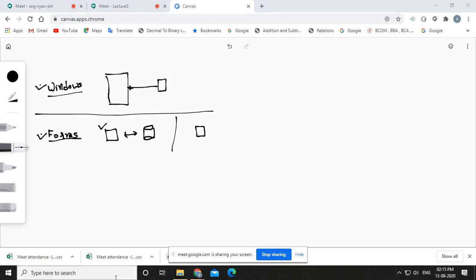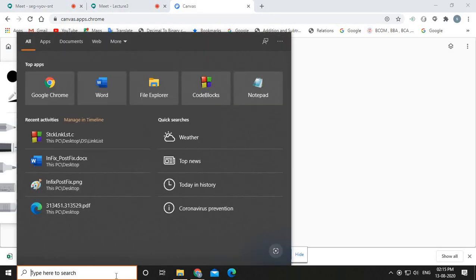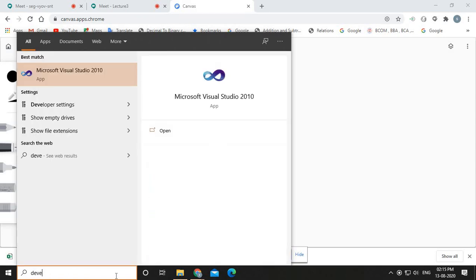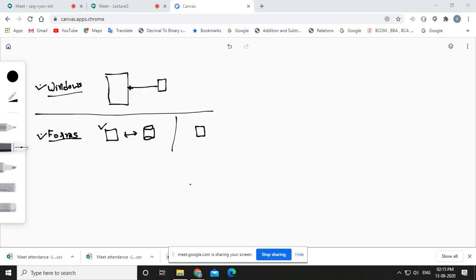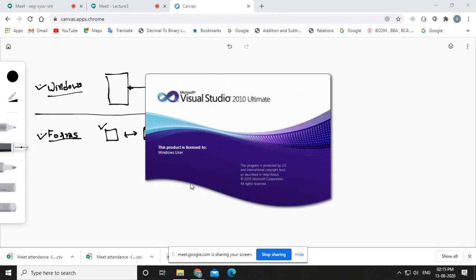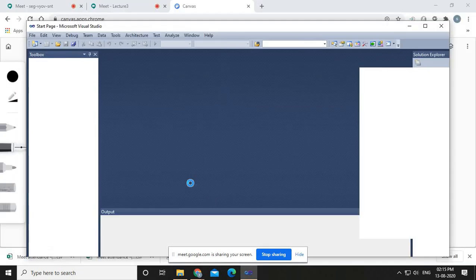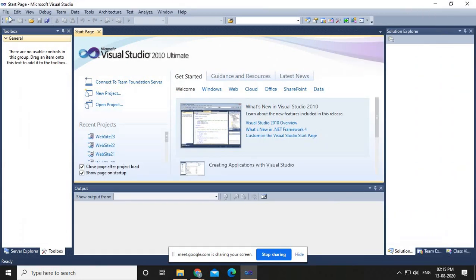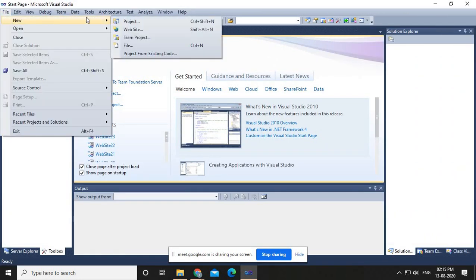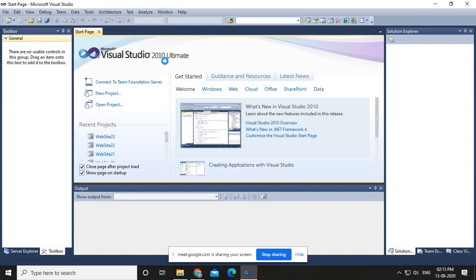So we'll start Visual Studio and see how we can implement this. We'll create a new website: File, New, new website.